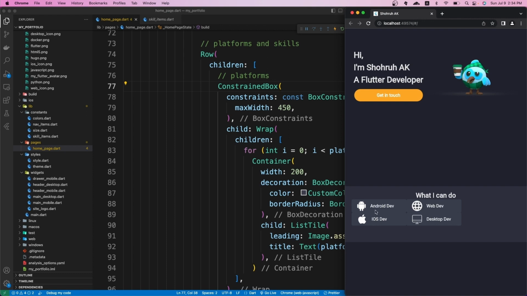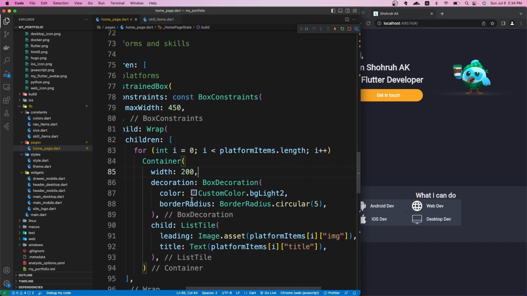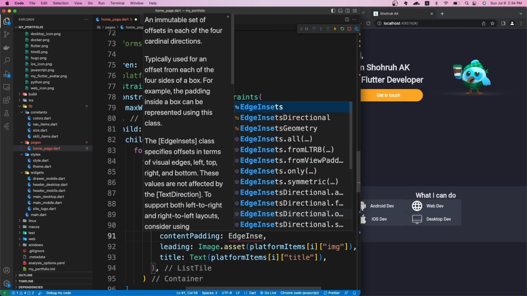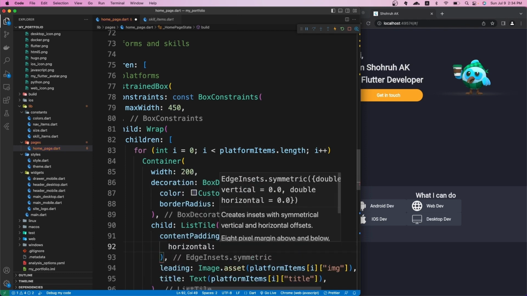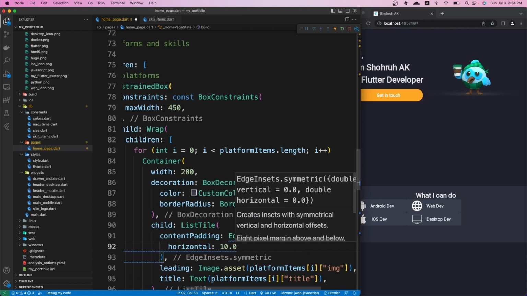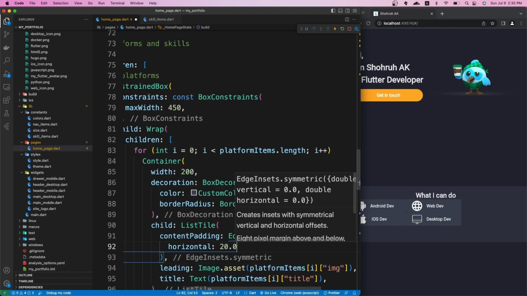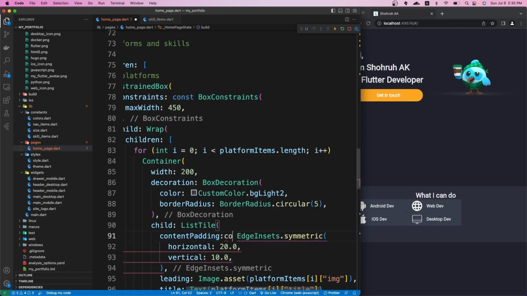Now let's style it a little bit. We do not want this big item, and we want some spacing and some padding for each list style as well. So first of all, for this list style, let's give this some padding. Content padding, edge insets, symmetric. For the horizontal, I want to make this 10, not 10, let's give this 20, because the horizontal should be a little bit bigger. And for the vertical, we can make this 10. Let's make this const. If I save it,